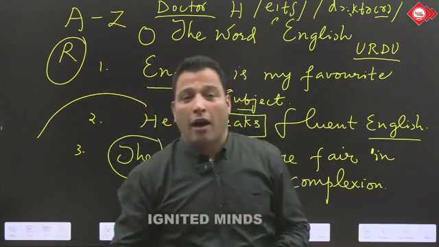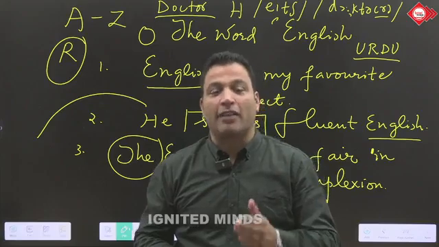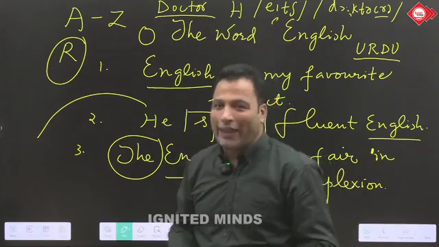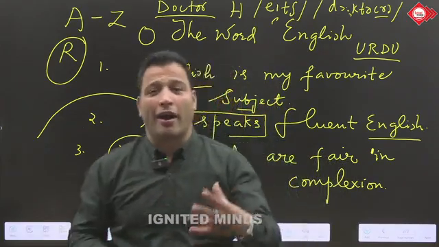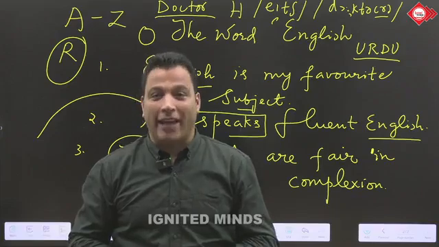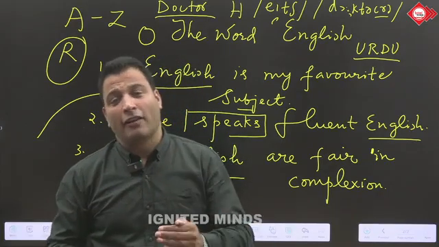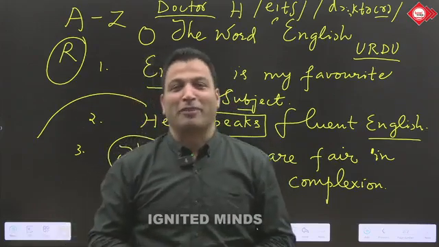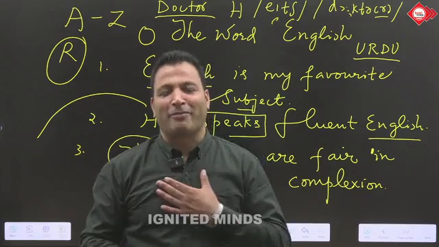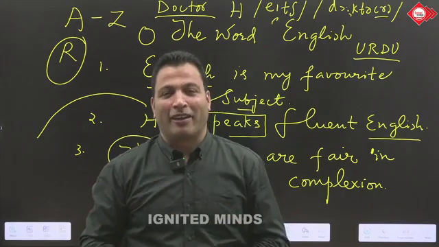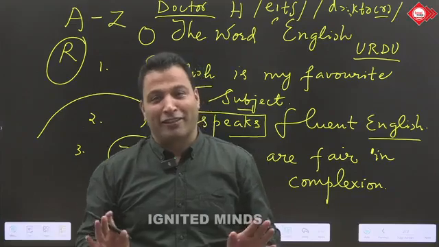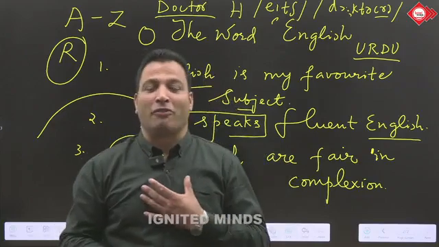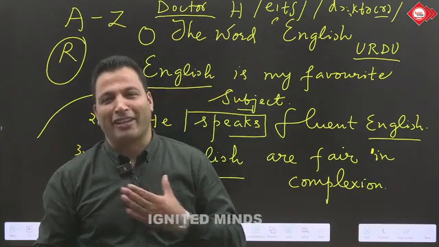Therefore, R, S, T, U, V, W, X, Y, and then Z. Britishers say "zed", Americans say "zee", and I don't need to say what Kashmiris say, just for the sake of fun. Otherwise, I am a Kashmiri. I love Kashmiri. Kashmiri says "zad". But this is on a lighter note. You can just have a casual laugh over it. This is just for fun. Otherwise, Kashmir and Kashmiri is in my heart.